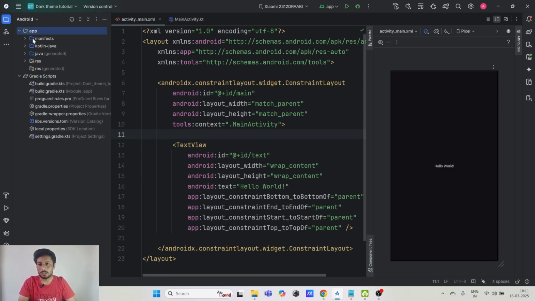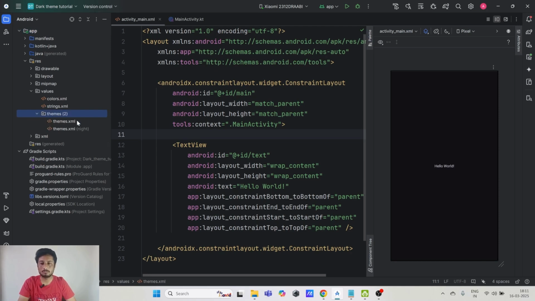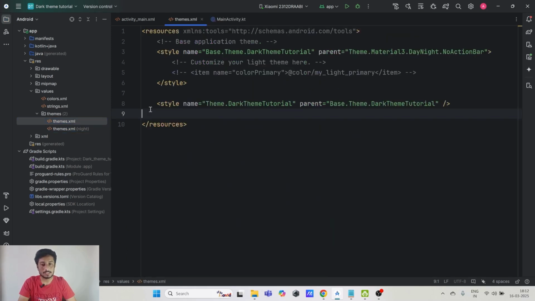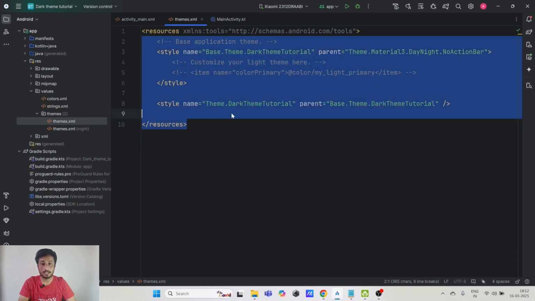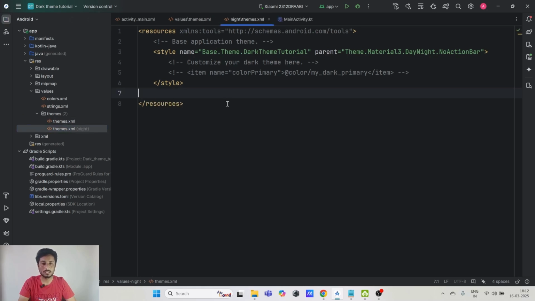If we expand this Android app folder, res, and these values, we get a themes folder here. And if we expand this themes folder, we get two files. Both are named themes.xml, but the second file is suffixed in brackets, and it is shown as night. So there are different styles in these themes.xml files. In this normal themes.xml, you will be declaring the style for the light mode, and here in the second one, you will be declaring the style for the night mode